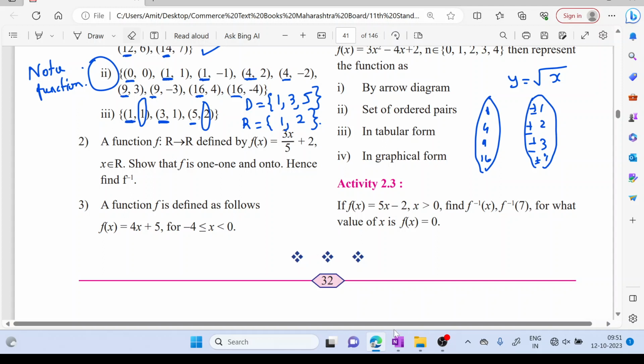Okay, this problem we'll do a little later. This second one, because you have to show f is 1-1 and onto function, requires some other information, so we'll do it later on. Okay? Then this third one,